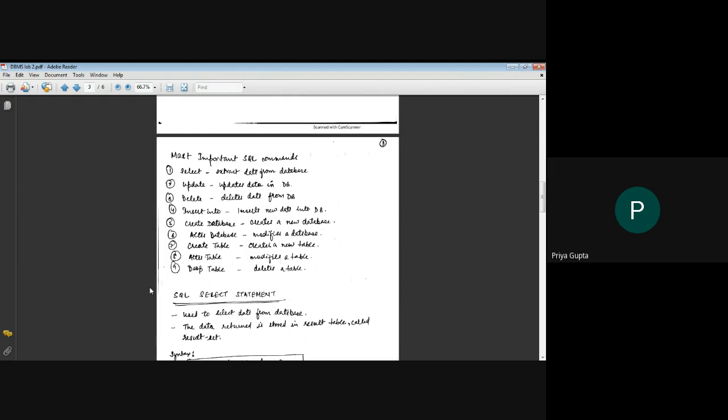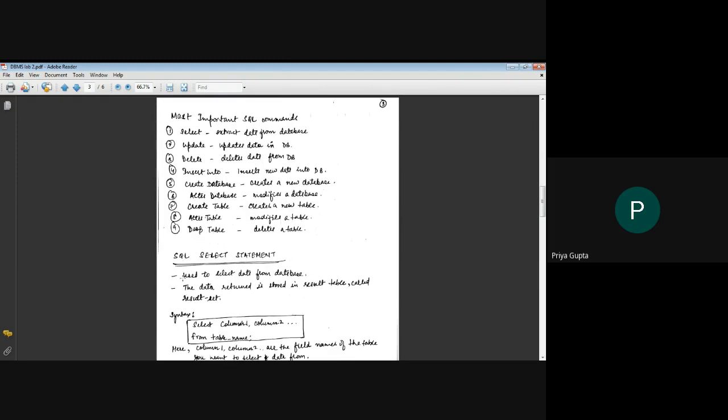DELETE is used to delete data from the database. INSERT INTO is used to insert new data in the database. CREATE DATABASE is used to create a new database. ALTER DATABASE modifies the database. CREATE TABLE creates a new table. ALTER TABLE modifies the table. And DROP TABLE deletes a particular table.